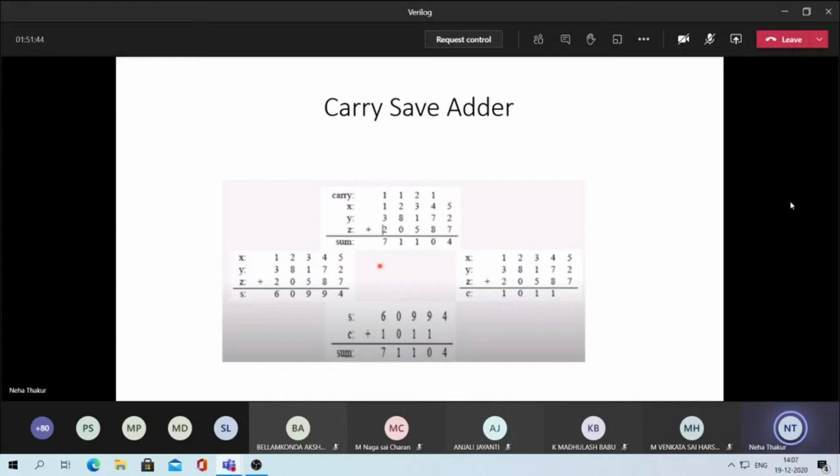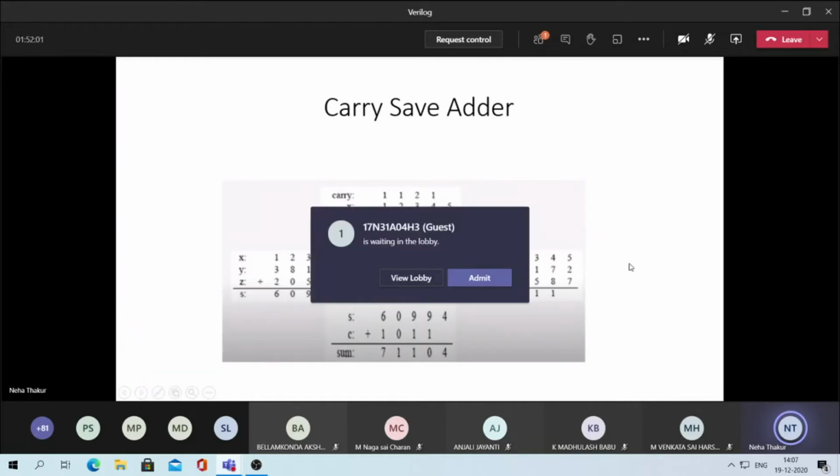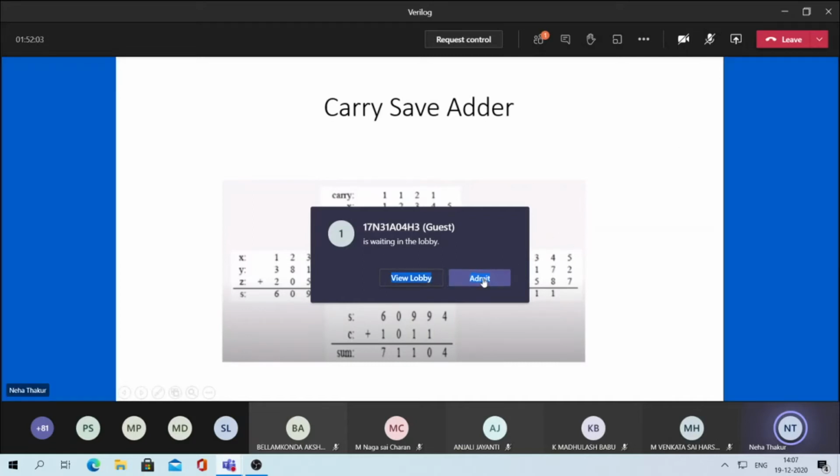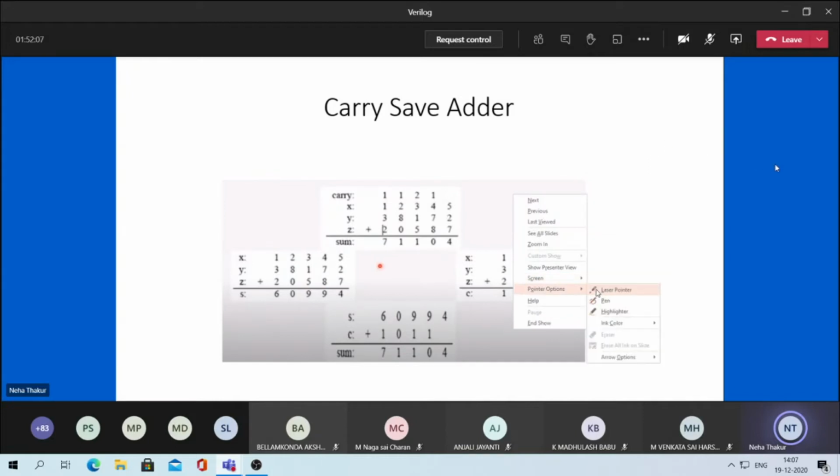So how exactly does it work? See, this is x, y, z, let us say one simple example. Let us say x, y, z are your 3 inputs, and you have to add 5 plus 2 plus 7. 5 plus 2 is 7, and 7 plus 7 is 14. In this first case, they are showing just the normal operation, how you normally do the addition.